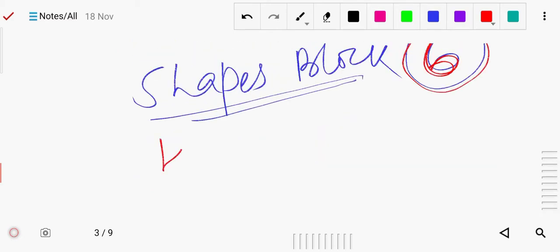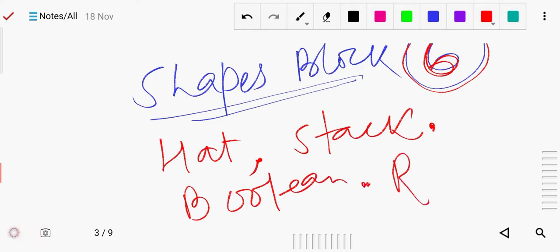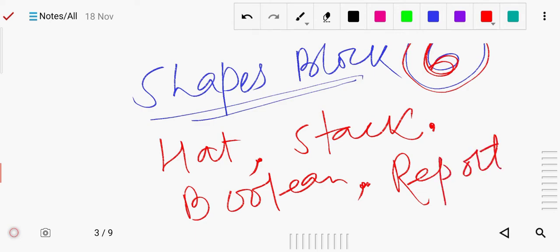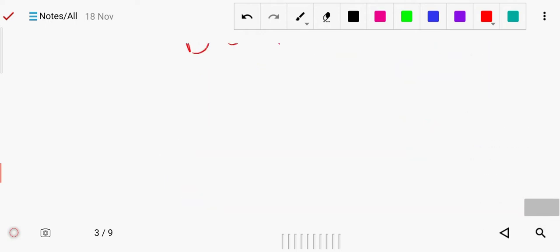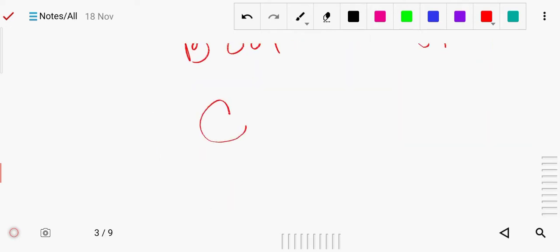Their names are: hat block, stack block, boolean, then reporter block, and the C block, which is shaped like a C, and one more is cap.